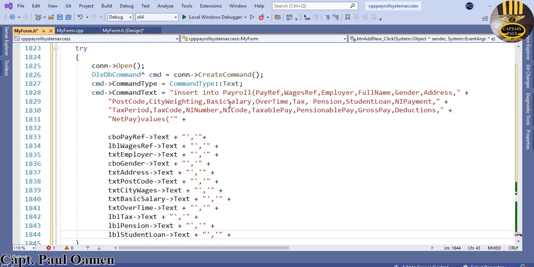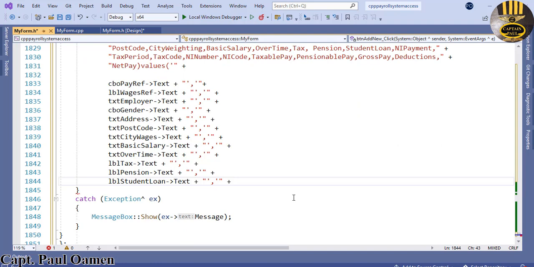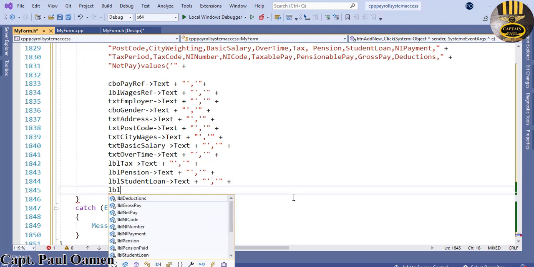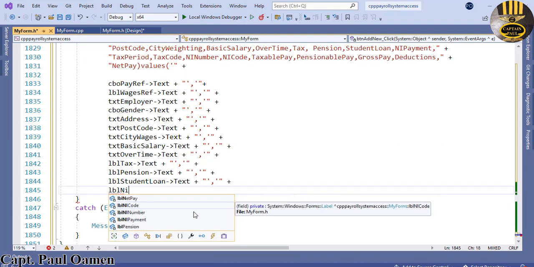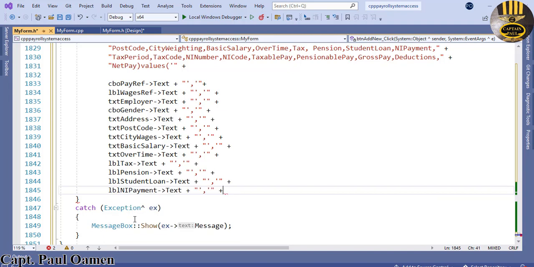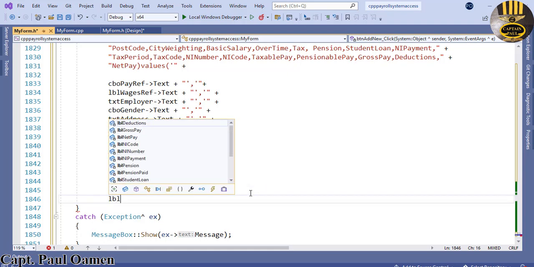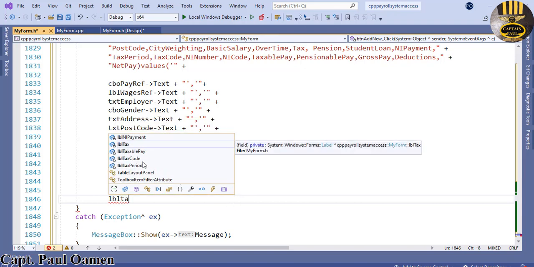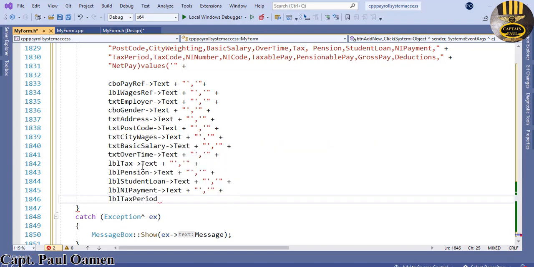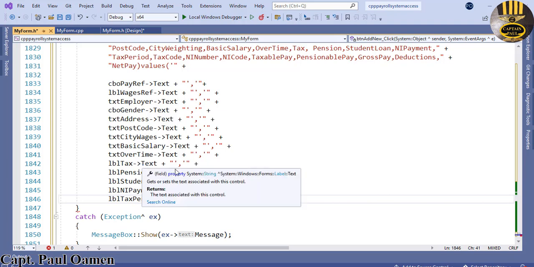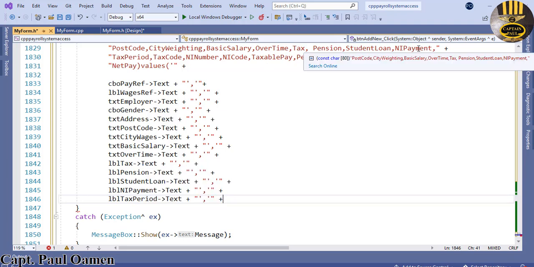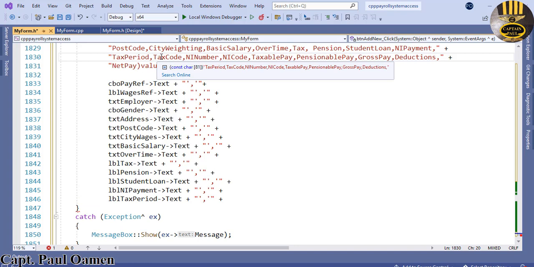We have student loan, LBL net pay, paste. And we have LBL tax period, paste. Okay, if you guys look at what I'm doing, I'm actually following this according to the naming of my